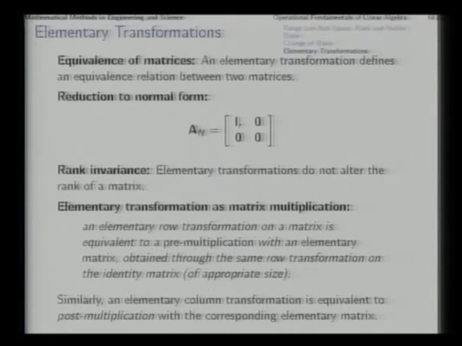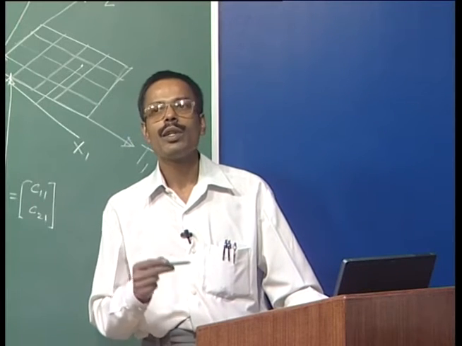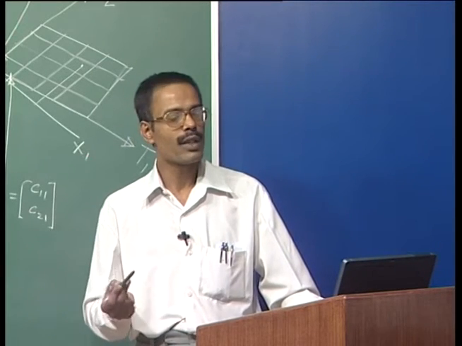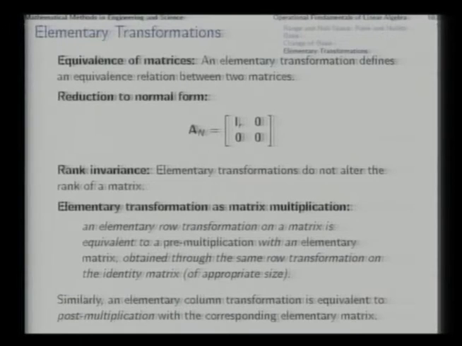Now, up to this much reduction is possible, but not of great significance. It does not have enormous amount of applied use. Most of the time in applications, we use only row transformations or only column transformations for desired ends. This is an important issue, that after we keep on reducing the matrix through elementary row transformations, we cannot get rid of this R. That shows that elementary transformations do not alter the rank of a matrix.